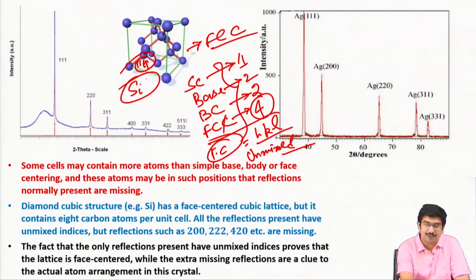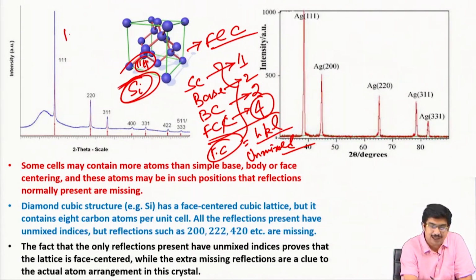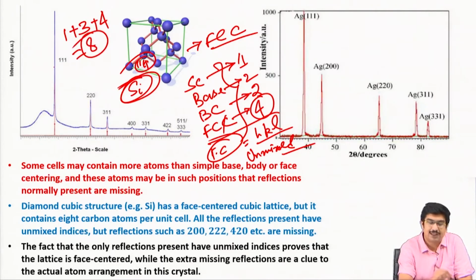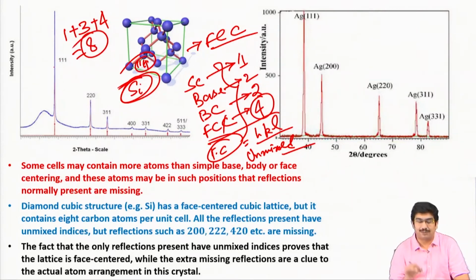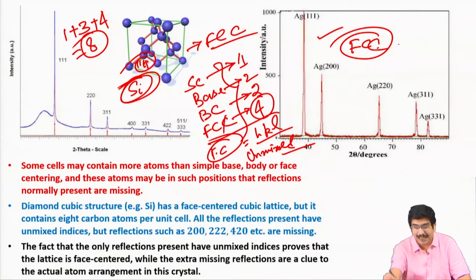In the diamond cubic structure of silicon, we have corner atoms plus 3 face centered atoms plus 4 additional atoms. So altogether the effective number of atoms is 8. This is the typical FCC structure, and in this case, in addition, we will have some other reflections like 200, 220, 420 that will